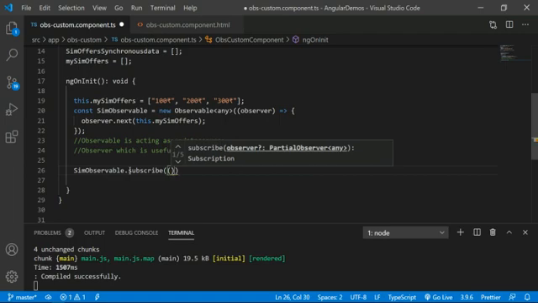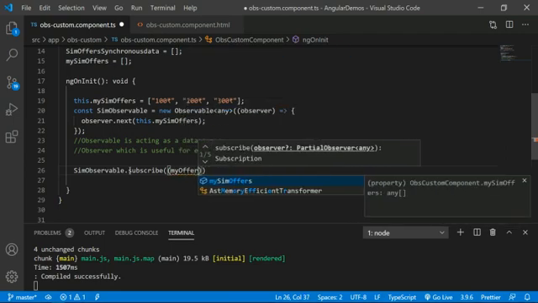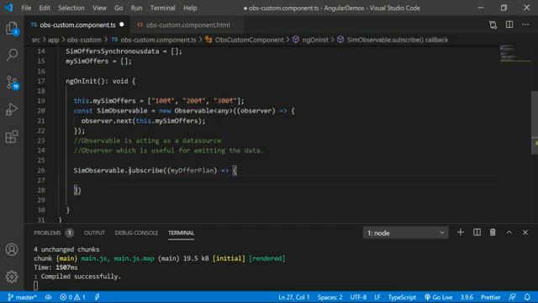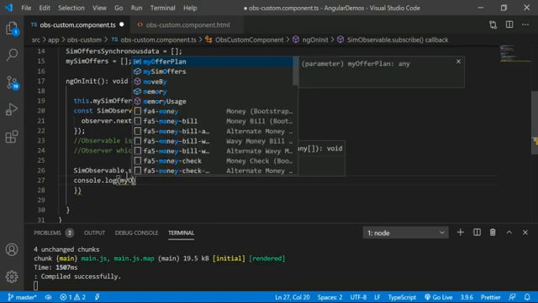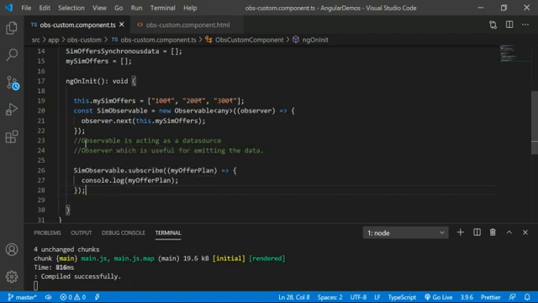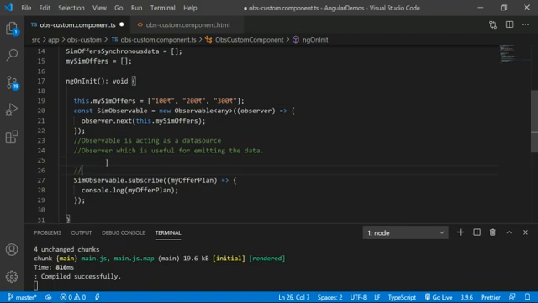He is getting my offer plan. It could be any kind of value, but right now I am passing my offer plan as a parameter. Now he can see the data in the UI. Before showing the data in the UI, let me look at the console log. That's it, my task is completed. Here I am doing the subscribe for fetching the data, and I am receiving the data.